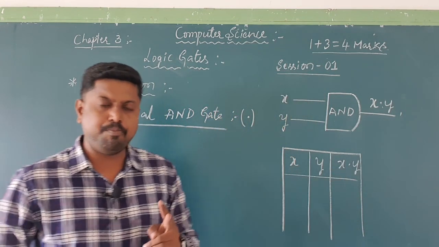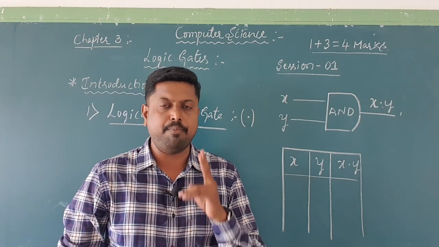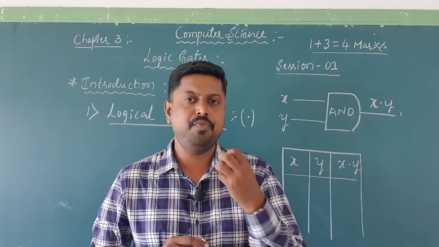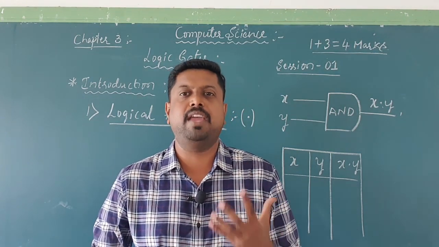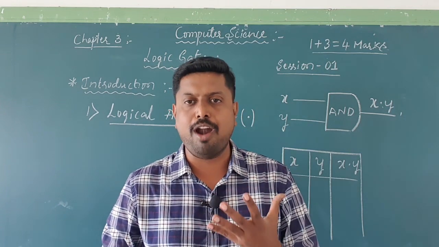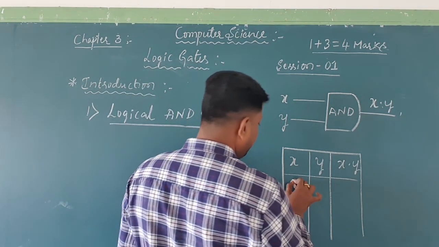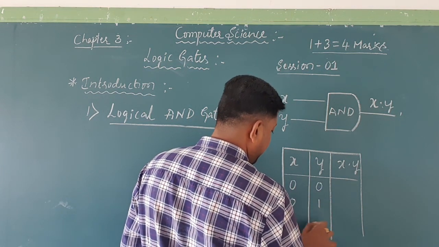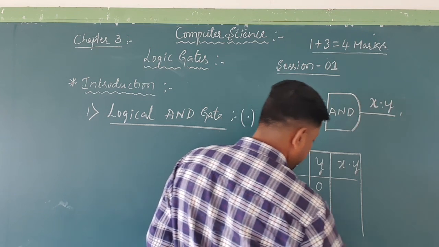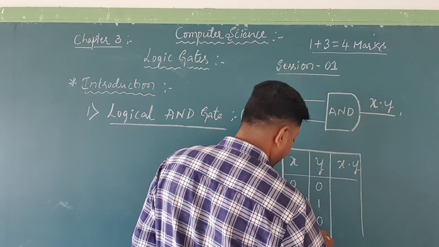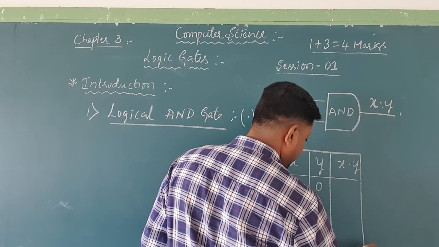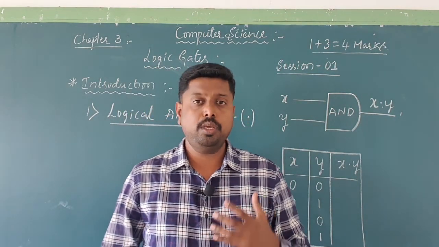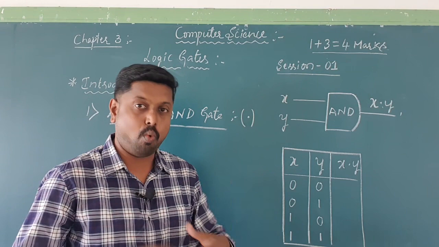For a two input truth table, as these are binary numbers, we have 4 combinations to write as inputs. What are those inputs? See, one by one: 0 and 0, 0 and 1, 1 and 0, and finally 1 and 1 will be the inputs for this truth table. One more definition I will tell you. Here I wrote a truth table. Then what is a truth table?